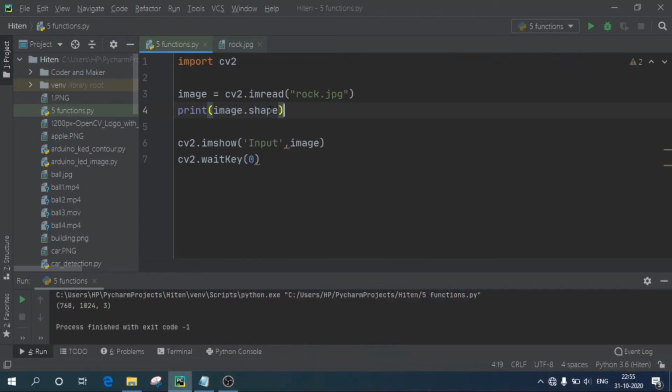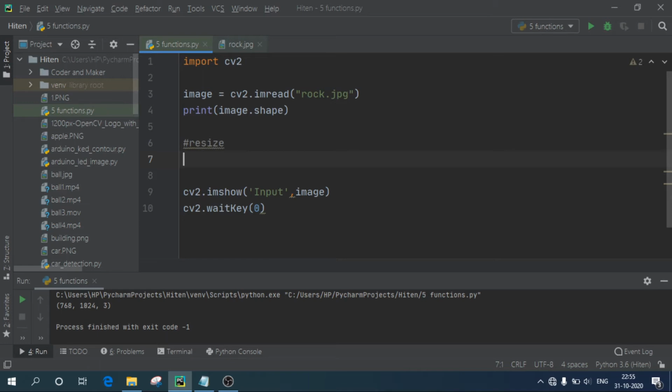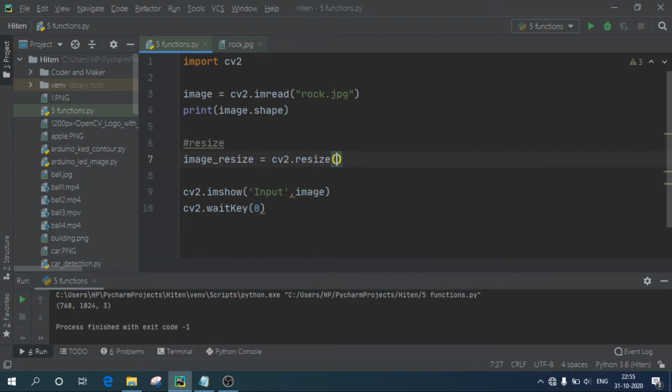Okay. So to reduce this pixel, what can we do? I'll write over here resizing an image. I'll take one variable called image_resize. I'll create a new variable in which I'll write a function of OpenCV, write cv2.resize.